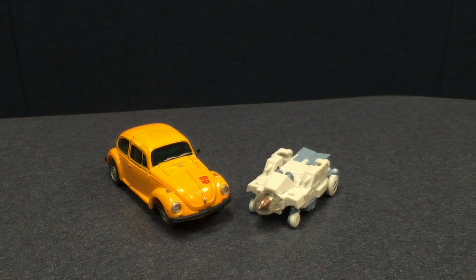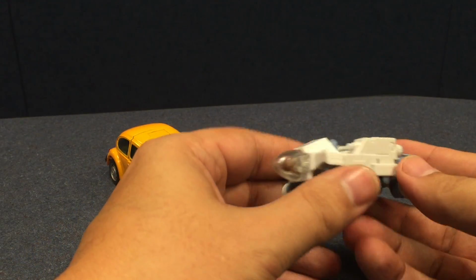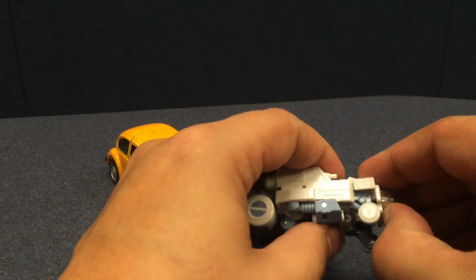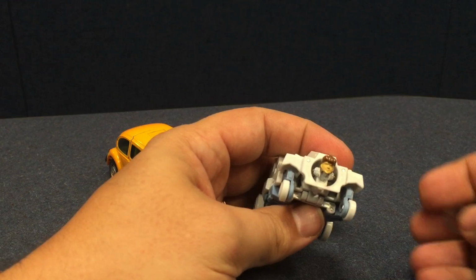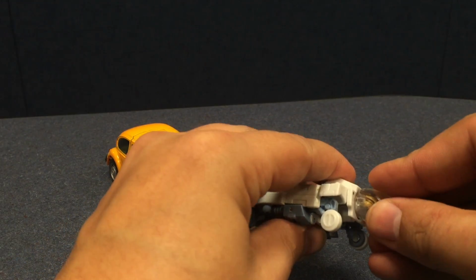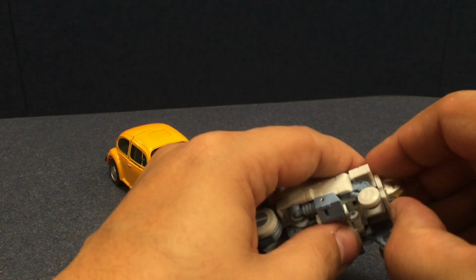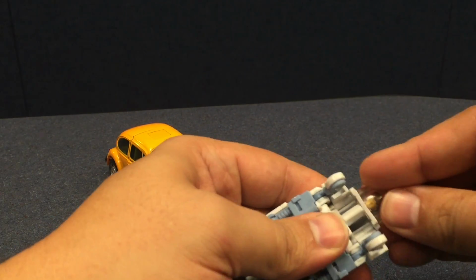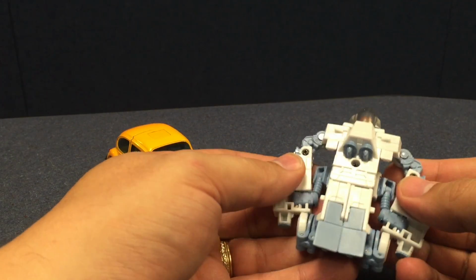Focus again. So to transform these guys, Spike's actually fairly simplistic. There he is, his little whatever his exosuit transforms into. Again, you can open this up and lift his head up so he's facing forward in this alt mode. So you guys all facing forward there. So you basically just pop this off, tilt his head forward, put the canopy back on, and then come up here, fold the arms out,